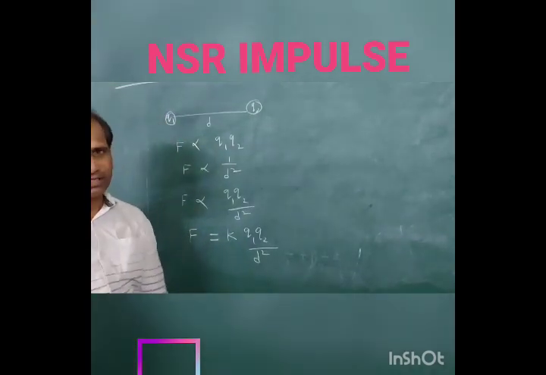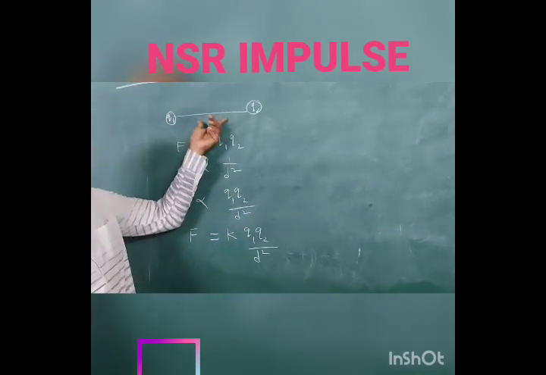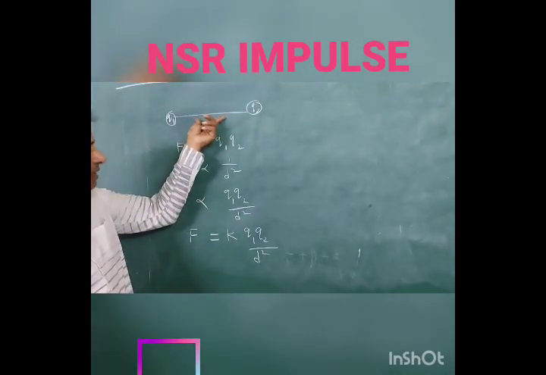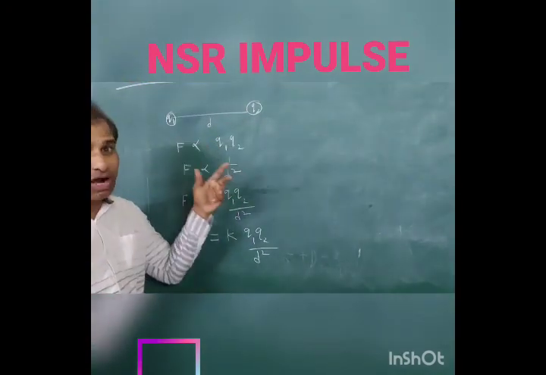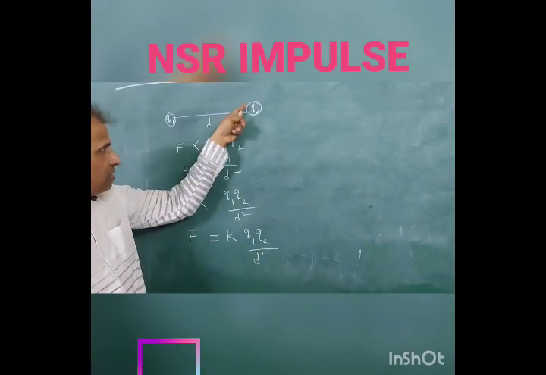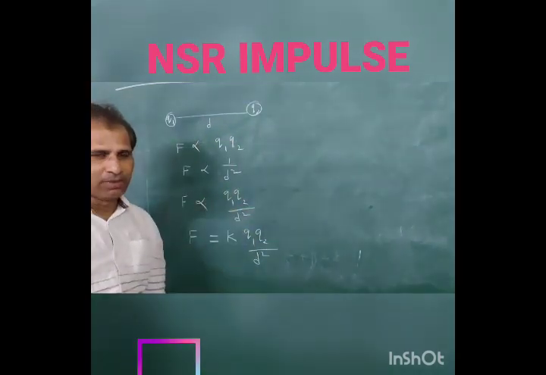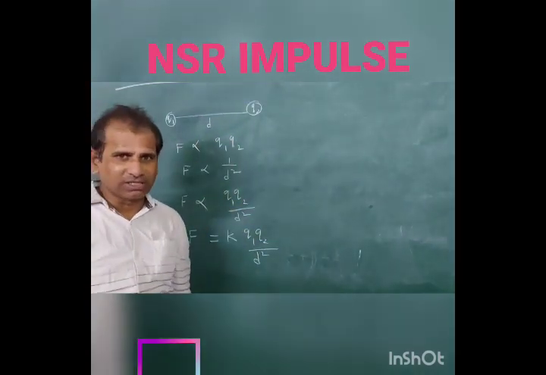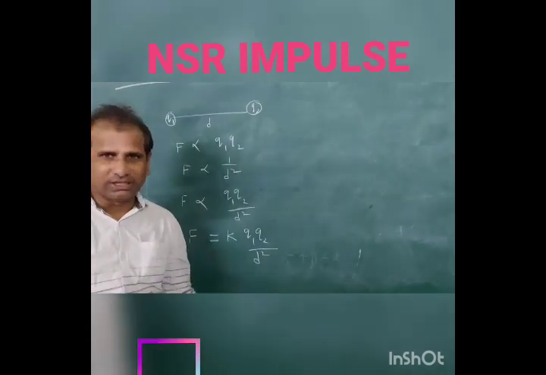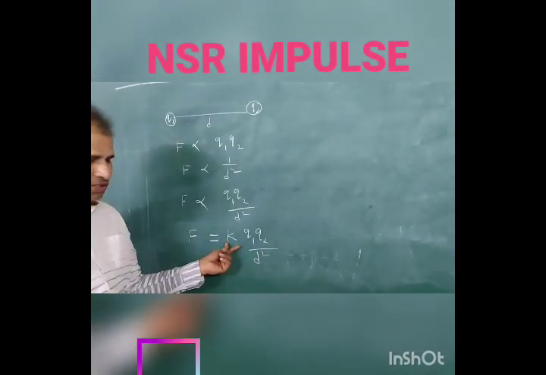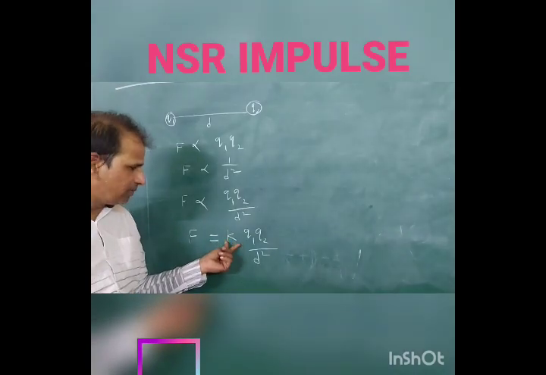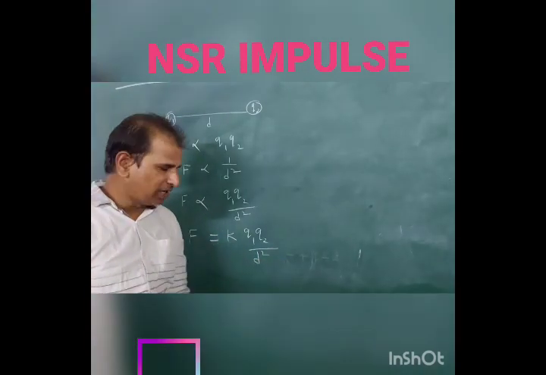What are the different kinds of medium? Any medium you can select. Here you can put any medium. Between these two you can take water. Between these two you can consider a sawdust medium or mica sheet medium, etc. When the medium changes, the k value changes. So k value depends on the nature of the medium.